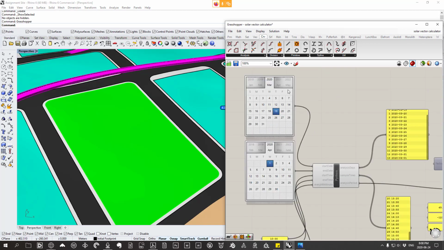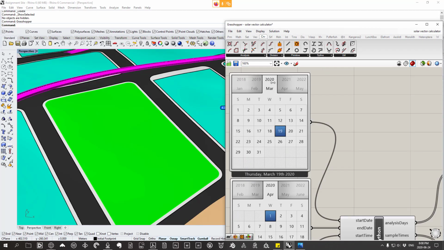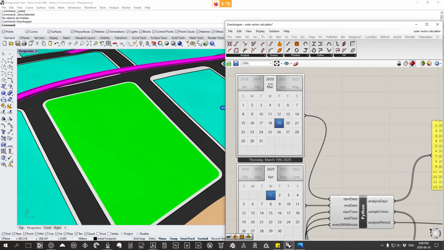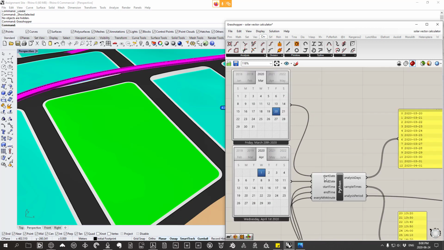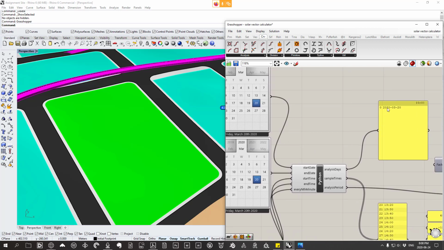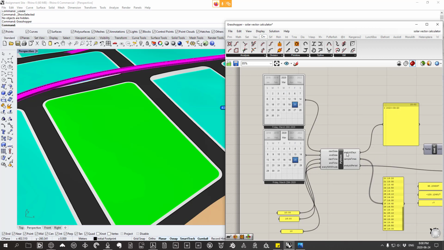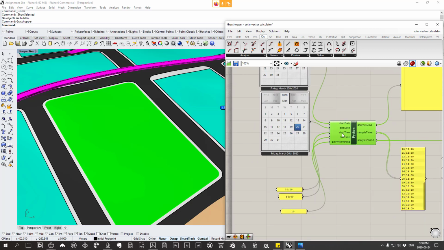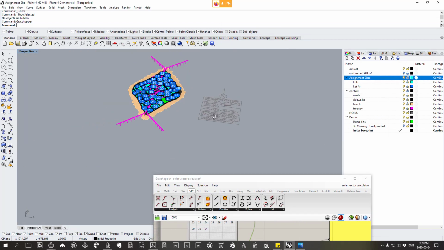Simply, you can slide your clock at the top here, so the start date to 2020, March 20th. You can go down to your end date here, slide the top calendar to 2020, March, set it to 20th. So now you can see the analysis days is just 2020, March 20th. So we just have one analysis day. The start time, 10 till 4. If we look at our analysis period,